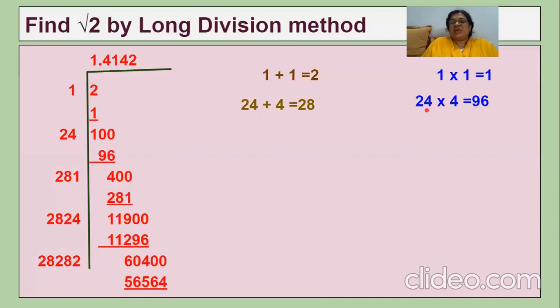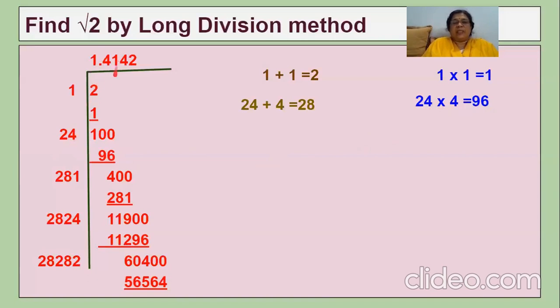When you keep 5, you have to multiply with 5 only. When you keep 6, you have to multiply with 6 only. But when you take a bigger number, you will get a number which is more than 100. So this number is suitable. 96 is the correct number. So here the selected digit is 4. You have to put it like this.